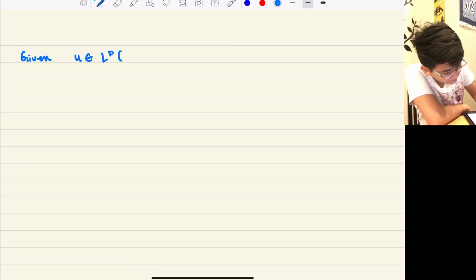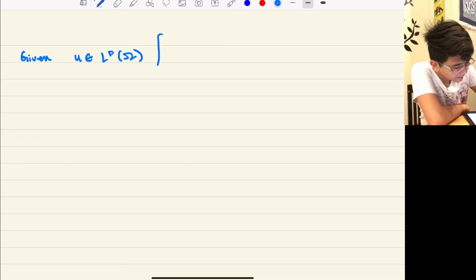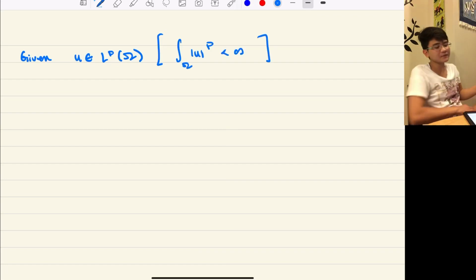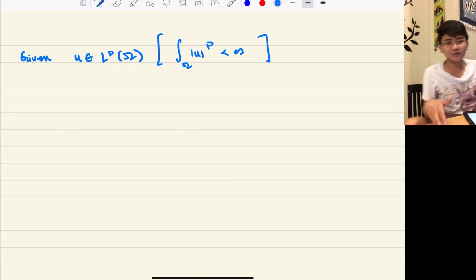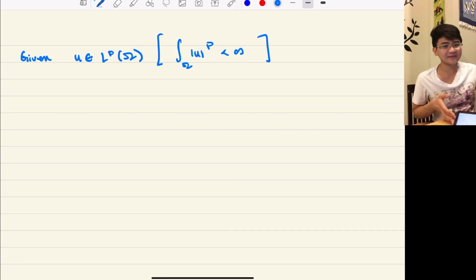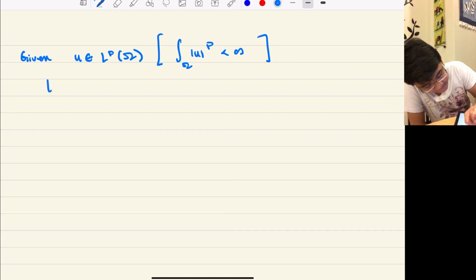Given some u in L^p, from our real analysis, what does this mean? That the integral of absolute u to the p is finite. So given u in L^p, its weak derivative,